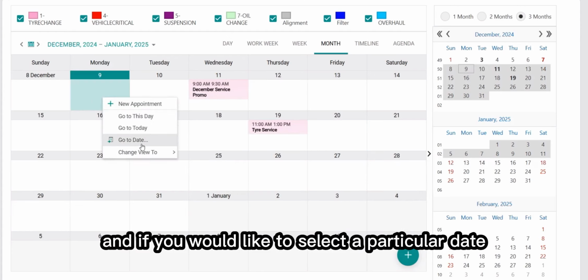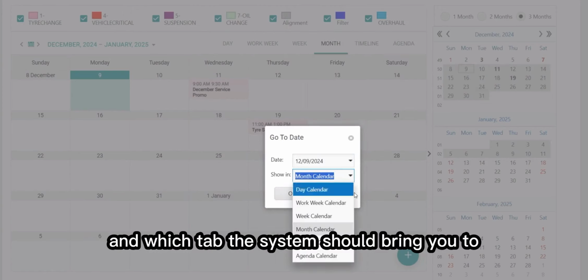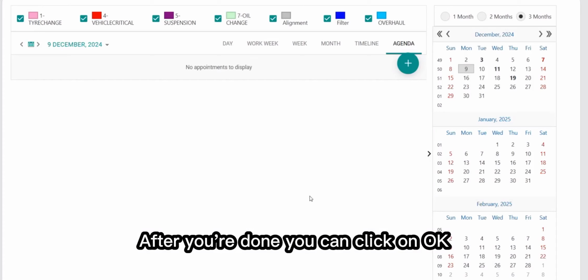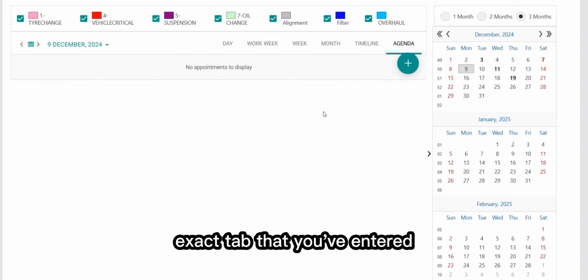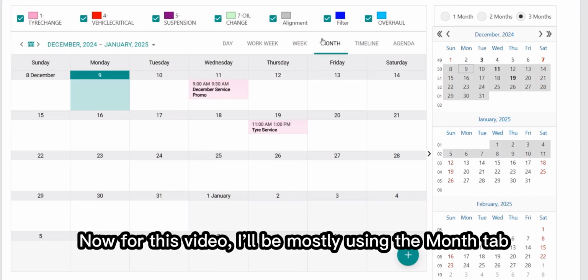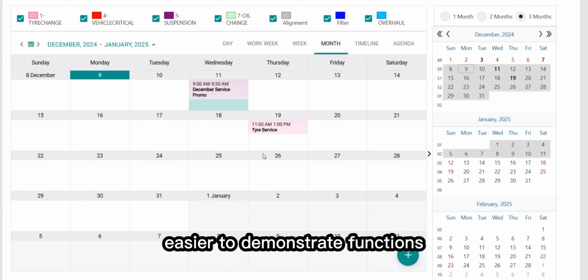And if you would like to select a particular date, you can select Go to Date over here and select your date and which tab the system should bring you to. So after you're done, you can click on OK, and the system will bring you to that exact date and that exact tab that you've entered. Now, for this video, I'll be mostly using the month tab since it's easier to view and easier to demonstrate